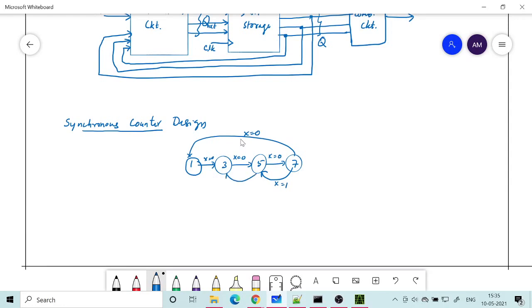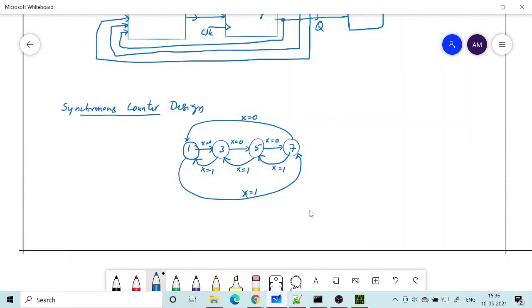So it's much similar to the sequence detector in a way, because you can immediately draw the state diagram without much thought. When x is equal to 1 you down count, and if x is equal to 1, from 1 you go to 7. Okay, so you have the state diagram, and you draw the state table, if you want to theoretically do it. That's how you proceed.